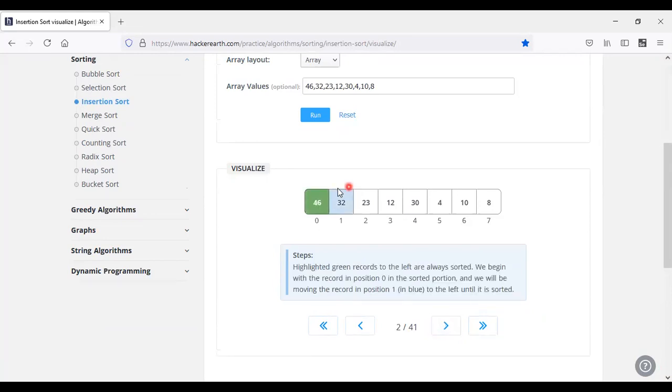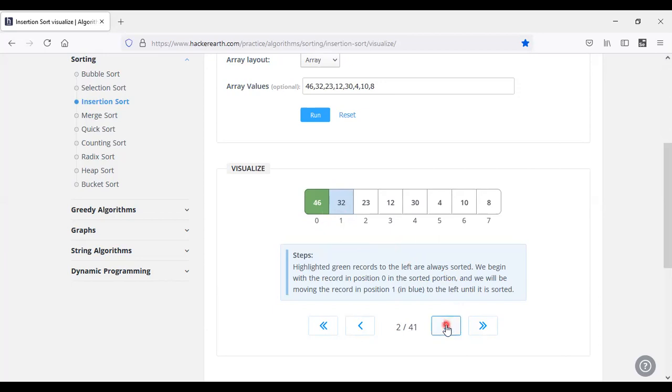Here, the first element will be left as sorted. Why? Because we won't start with the first one; we need to compare with the second one. So the first position element is 46. Let it be specified as sorted, and the sorted elements are given a green color, and the next one to be compared is taken as a blue color.